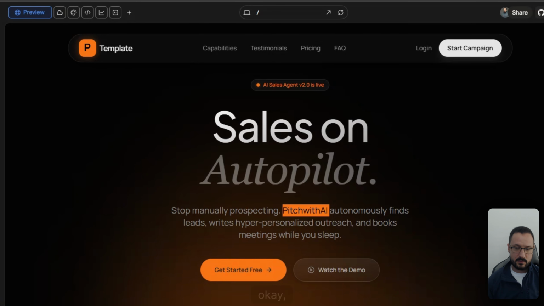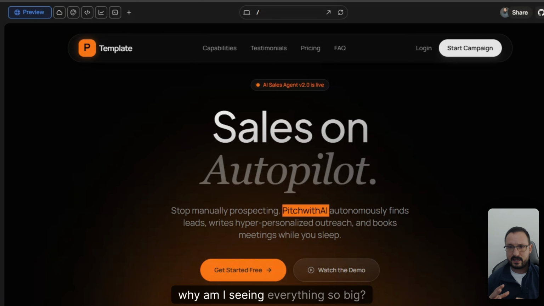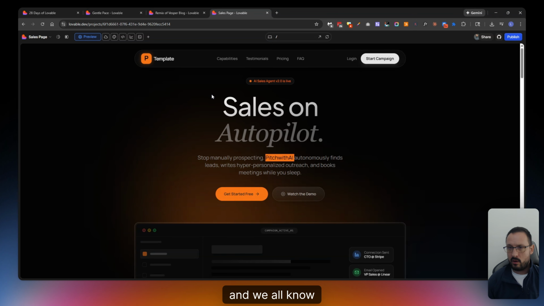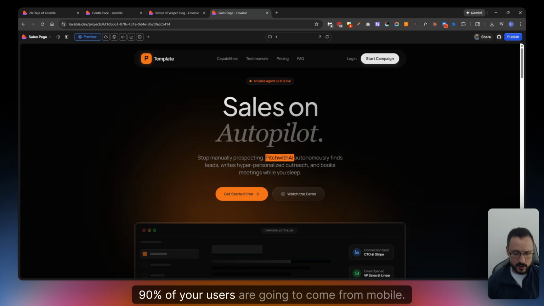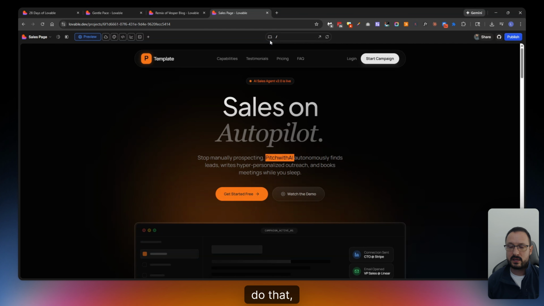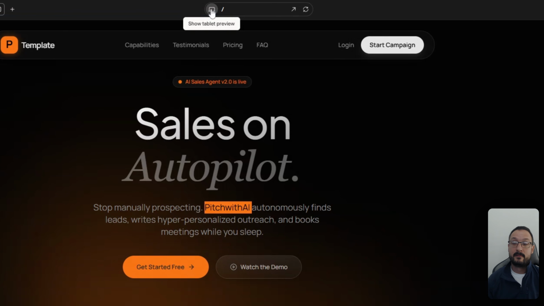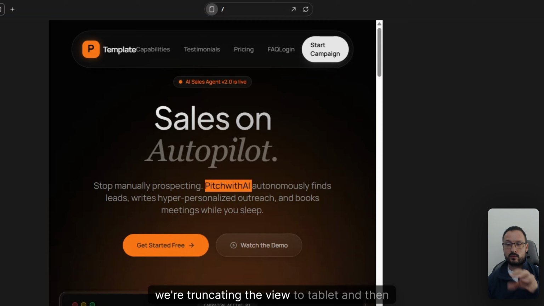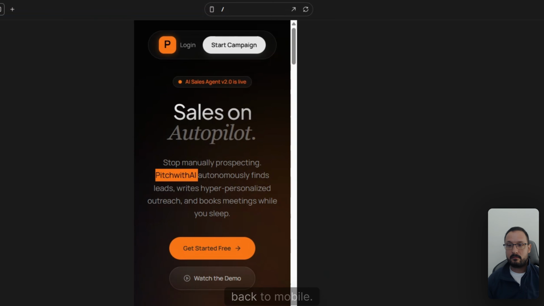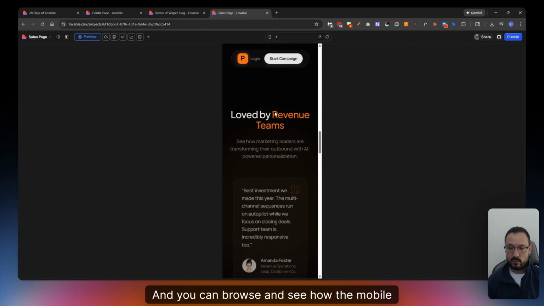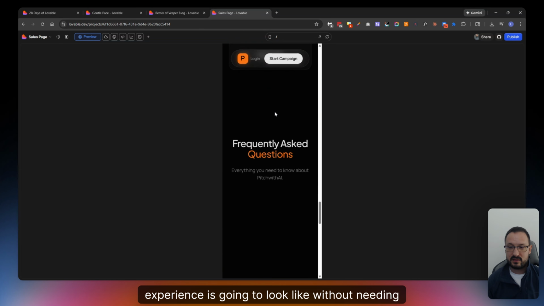So you may be asking, why am I seeing everything so big? When we expand, this is desktop, and we all know 90% of your users are going to come from mobile. So how do we see how that looks? By clicking on this button right here in the middle, we're truncating the view to tablet and then back to mobile, and you can browse and see how the mobile experience is going to look